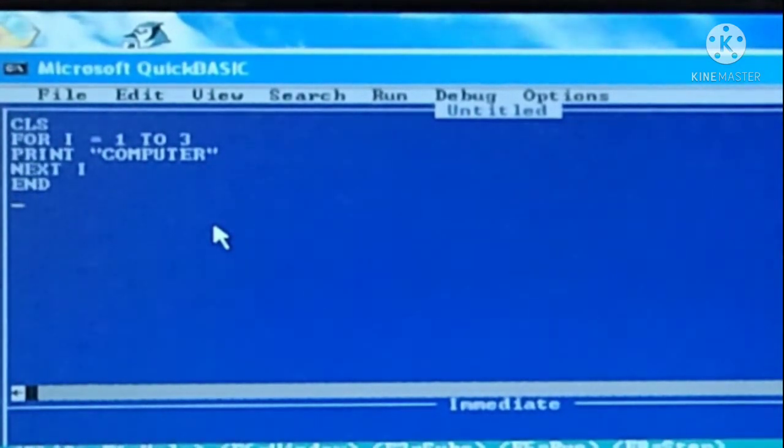So here your for I equals 1 2 3, and I am printing computer, and this is for next I is for the increment. So see, 3 times this thing is printed.